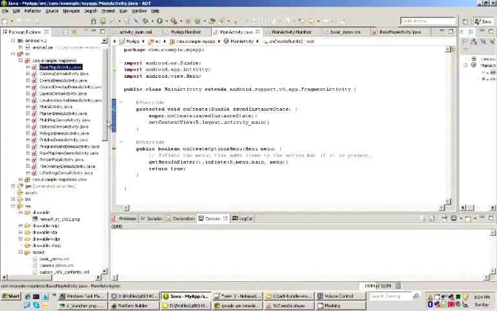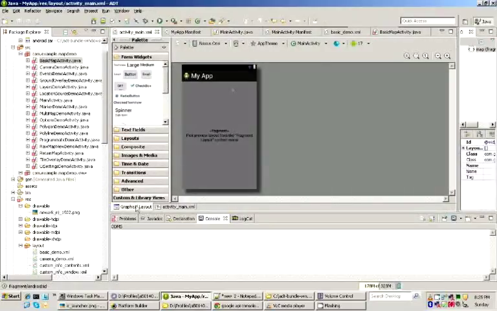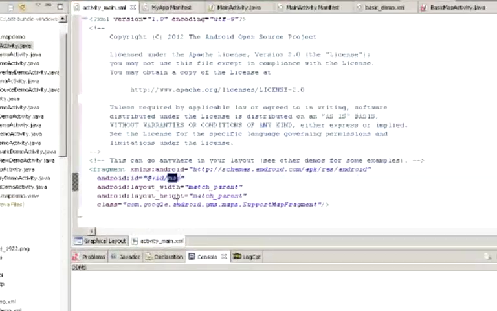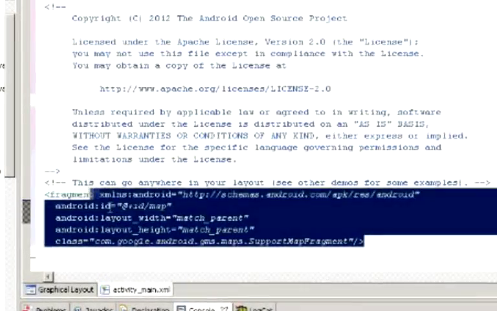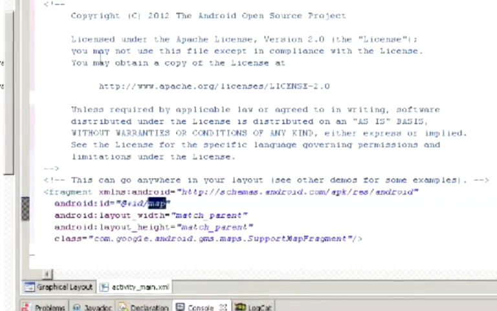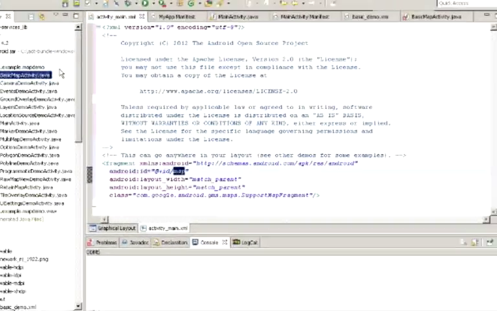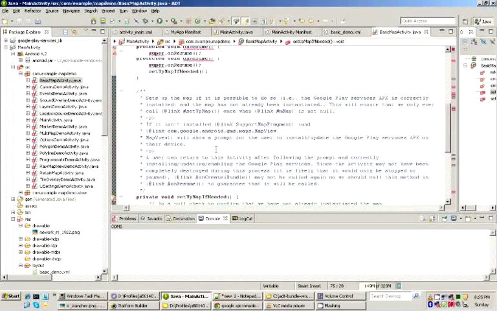If you want to get something from the map, if you want to modify the map, then we need to get a handle for that map. So how to get the handle? First, I want you to look at our layout. As I told you previously, this fragment is basically an abstraction of our map, and it has this ID which we can refer to. So let's go to the basic map activity again, the basic map sample, and this is the place